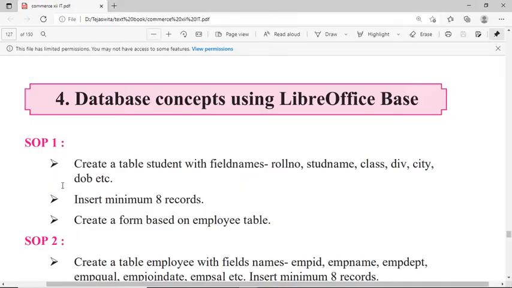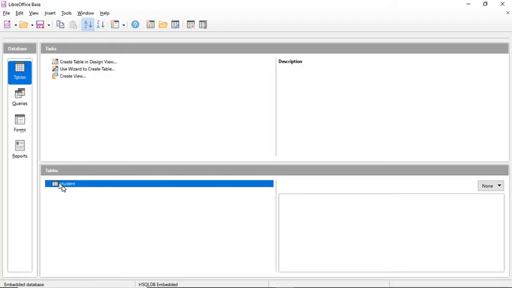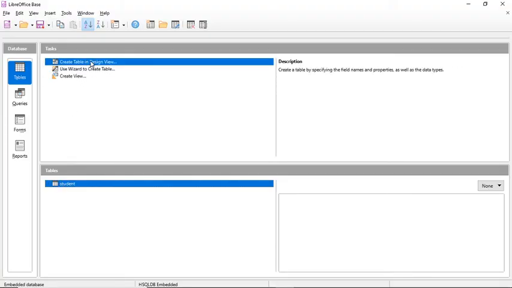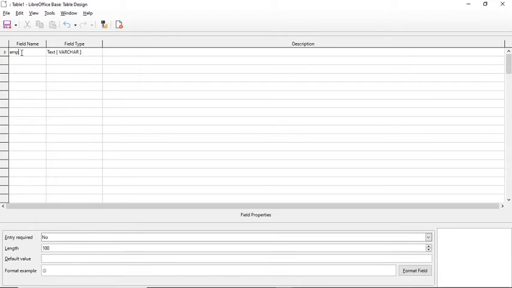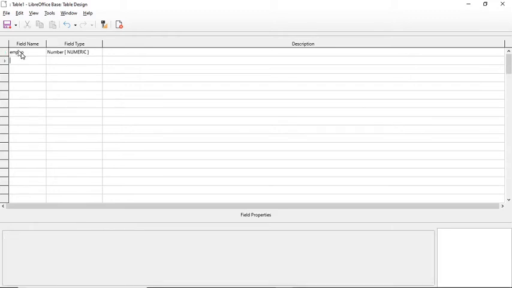Now next question is what? You are going to create a form based on the employee table. For this we require an employee table, so create a new table. The field name is EMP number, data type number.